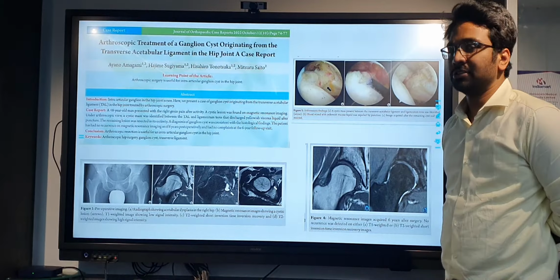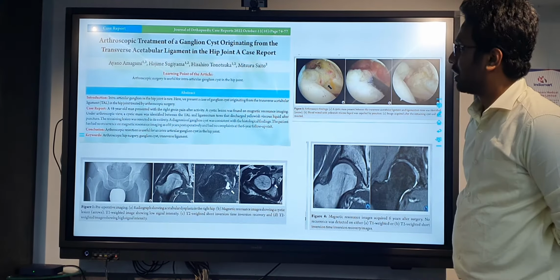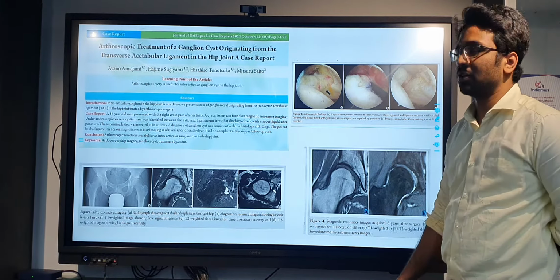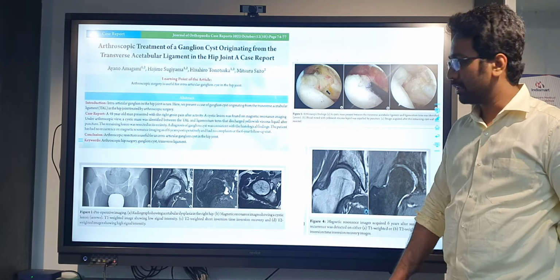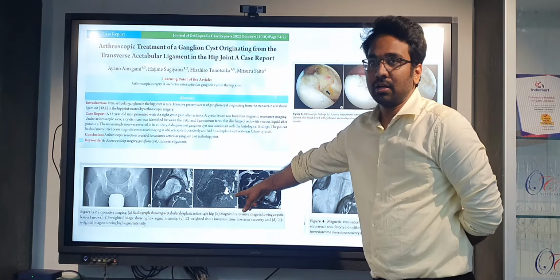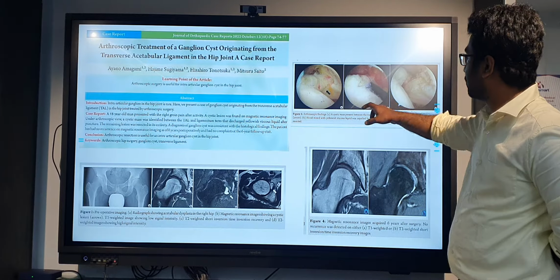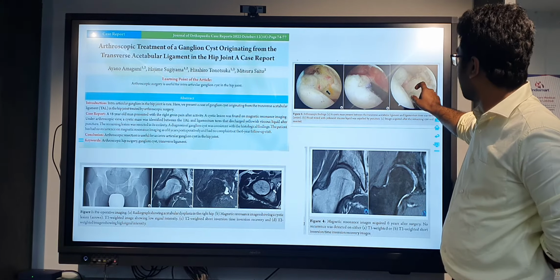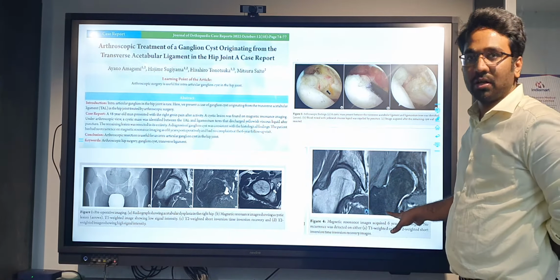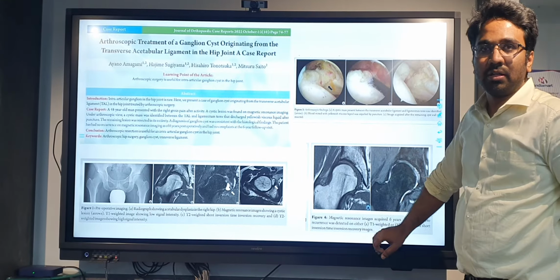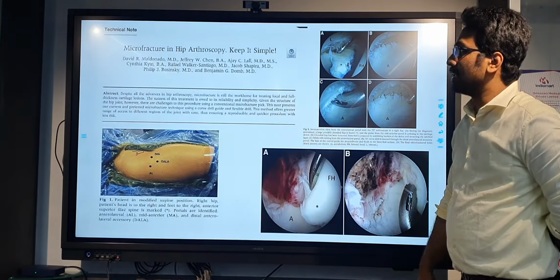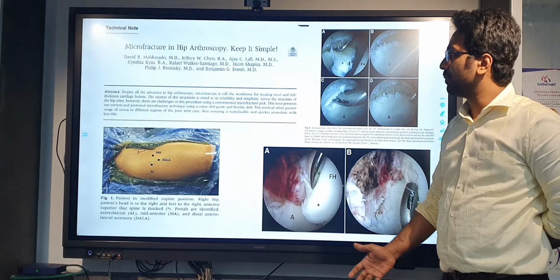This is an article published in the Journal of Orthopedic Case Reports. They did arthroscopic debridement of a ganglion cyst that originated from the transverse acetabular ligament. This is the preoperative image, and this is the ganglion cyst. This is an intraop image showing the cystic mass, and they shaved it and did adequate debridement. This is the post-op image after 6 years, which showed no recurrence, and the adequate arthroscopic debridement gave good results. And this is another article showing the use of